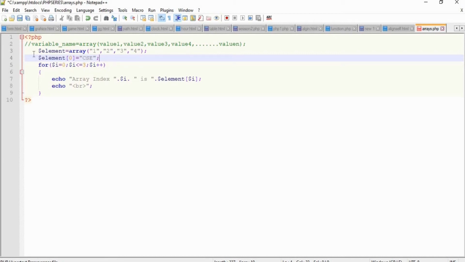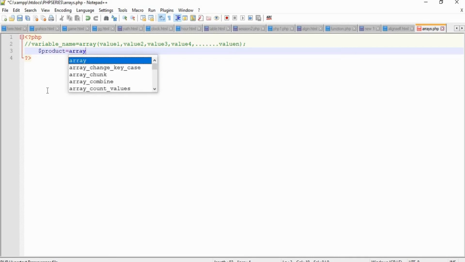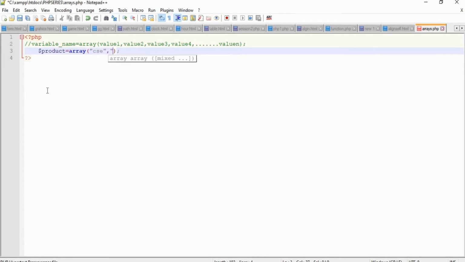So we can create an associative array as, so again we can remove these lines and create an array called product. Product is equal to, again we can use the keyword array of, right? So in the previous example we have provided some values, like CSIT. In this way we have declared values, right?